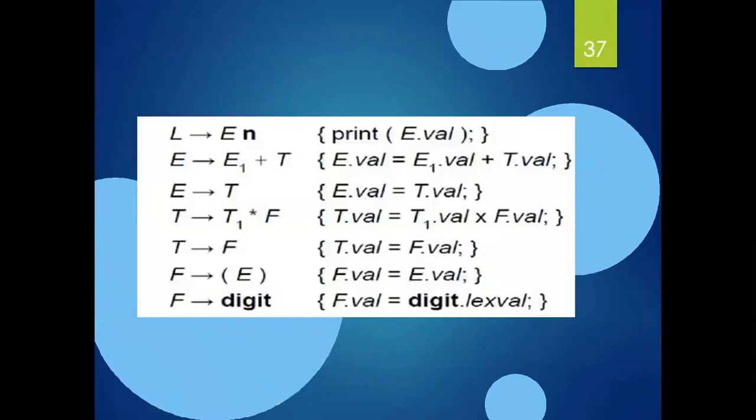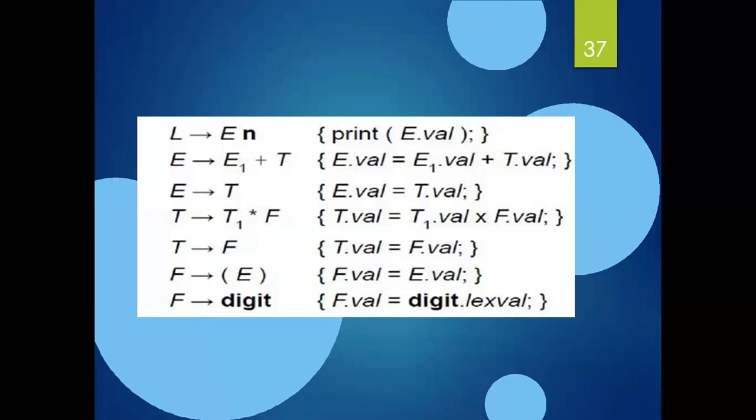we have seen that the attributes are specified for each grammar symbol of the given productions, and these attributes are used to evaluate the expression along the process of parsing, and we can say that exactly at the same time some semantic rules are applied, right? So during the process of parsing, the evaluation of attributes takes place by consulting the semantic actions enclosed in braces. See, here we have an example for that. Once all of you see the slide, then you can easily understand what I am saying.